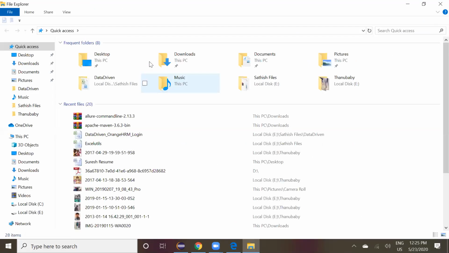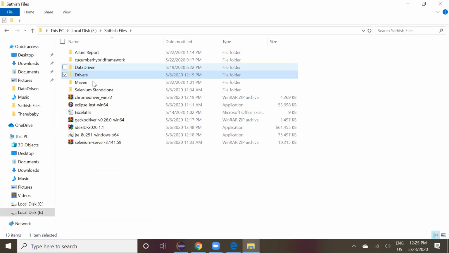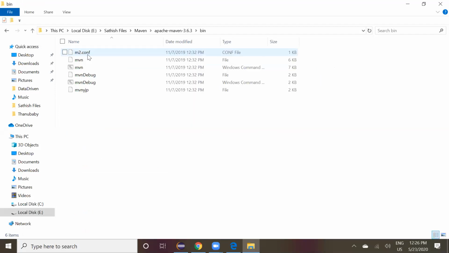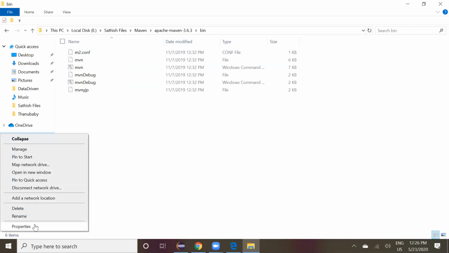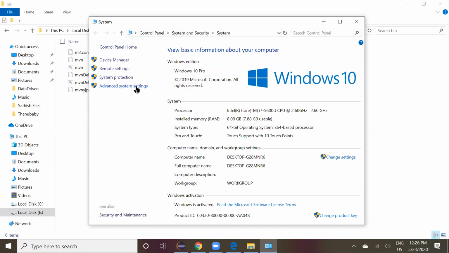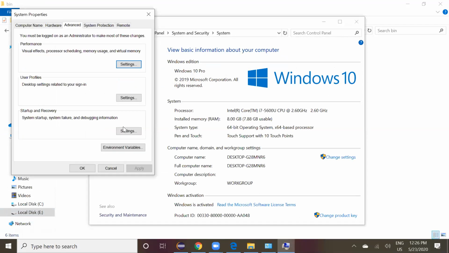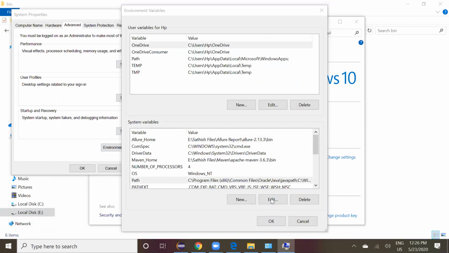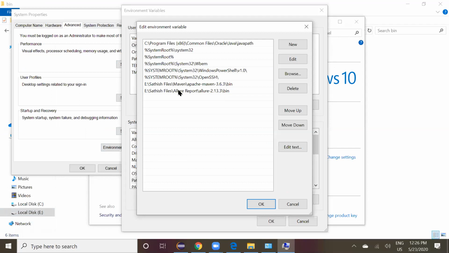You go to the path and show them. No need to download, right? You go there and copy the bin. You copy this path and you should paste it in the environment variables. You get it right, and it's already pasted here. You should paste that path, Apache Maven 3.163/bin. Click OK and OK.